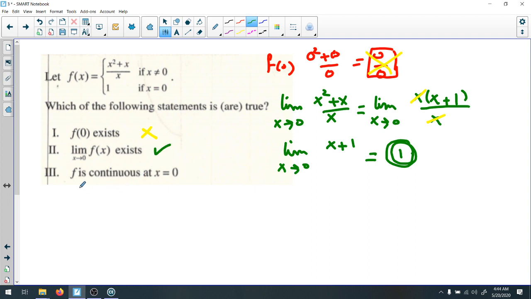The third condition: f is continuous at x equals 0. Right away, when you see one of them marked no, that means it's not continuous. This one is not continuous. So f of 0 doesn't exist, so it's not continuous. Or even if the value exists but the limit doesn't exist, it's not continuous, a discontinuous function. The condition for a continuous function is that the value must exist, the limit must exist, and the value and the limit are equal. Okay,